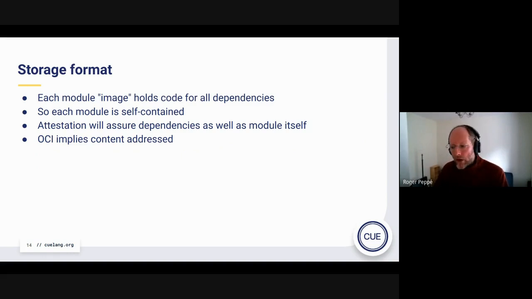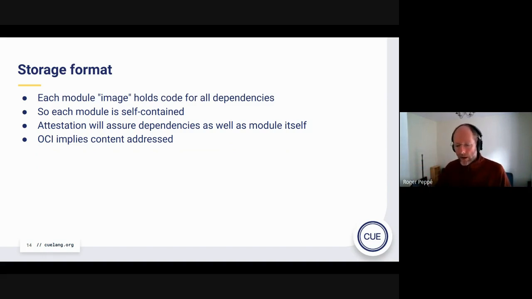But that means that essentially you know that you can evaluate a module, and if you use the standard copy commands like skopeo copy or whatever, then you know that the modules that you copy will be self-contained. And the fact that registries do deduplication means that you won't actually be paying the price of having these logically different copies. They're only logically different copies.